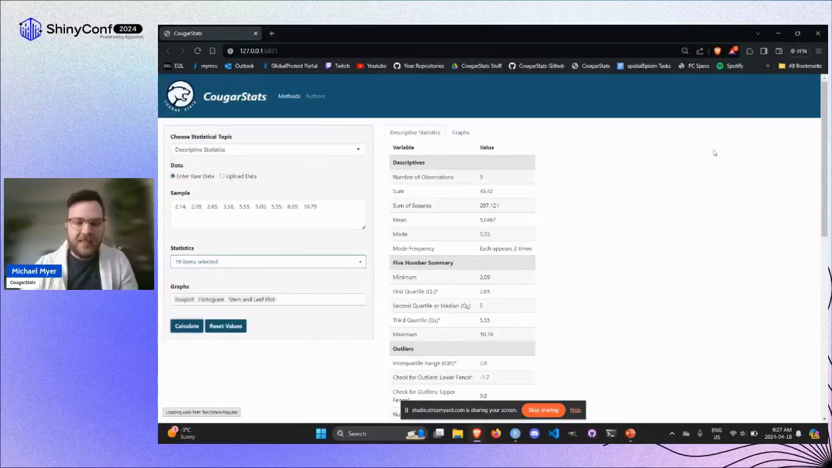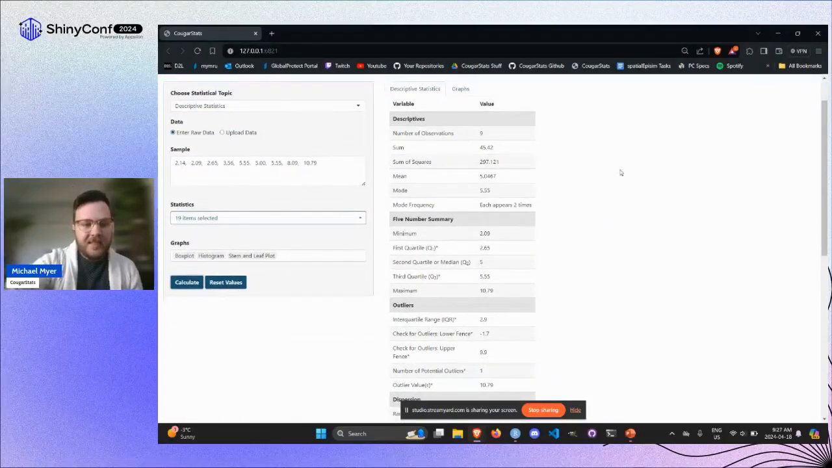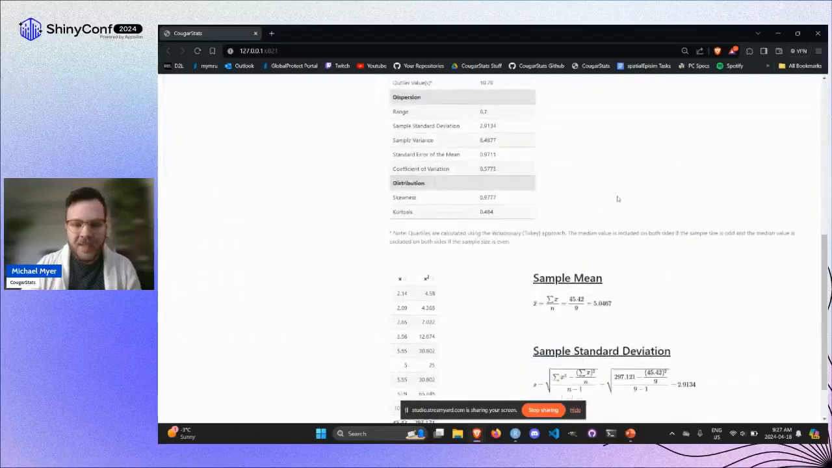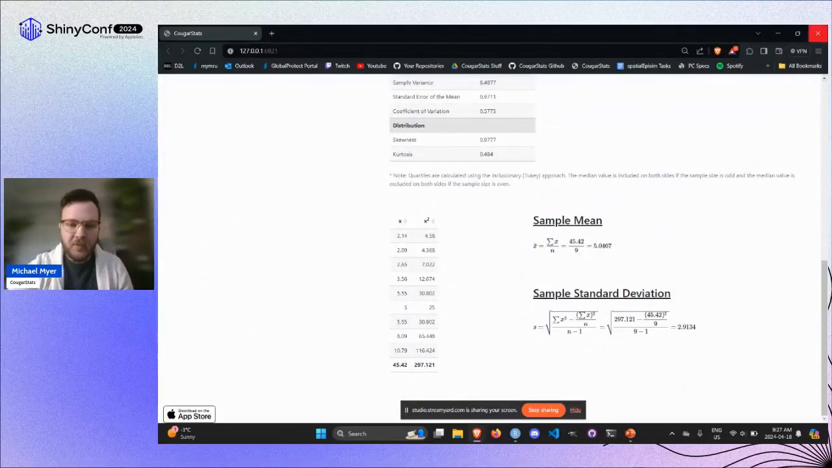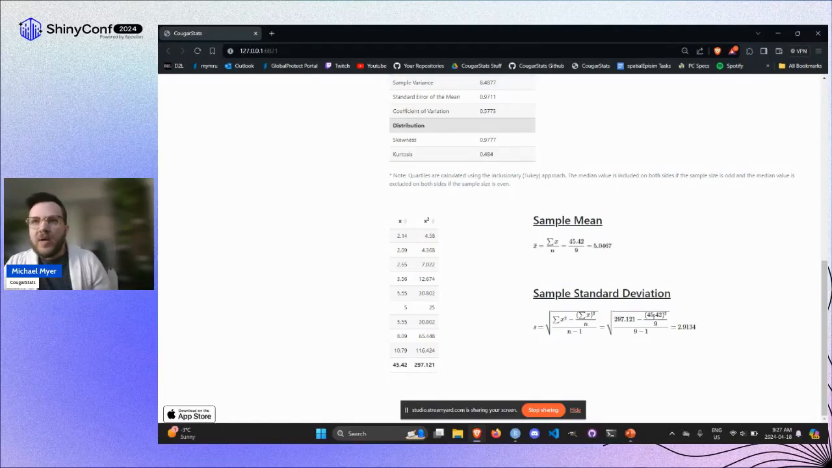So once we hit calculate, you're presented with your full table of all of the stats divided by category. And then depending on what you've chosen, we also provide formulas and show specifically how the formula was worked through with the values using your data, which is important for other topics as well, because I think when you're following along as a learner,